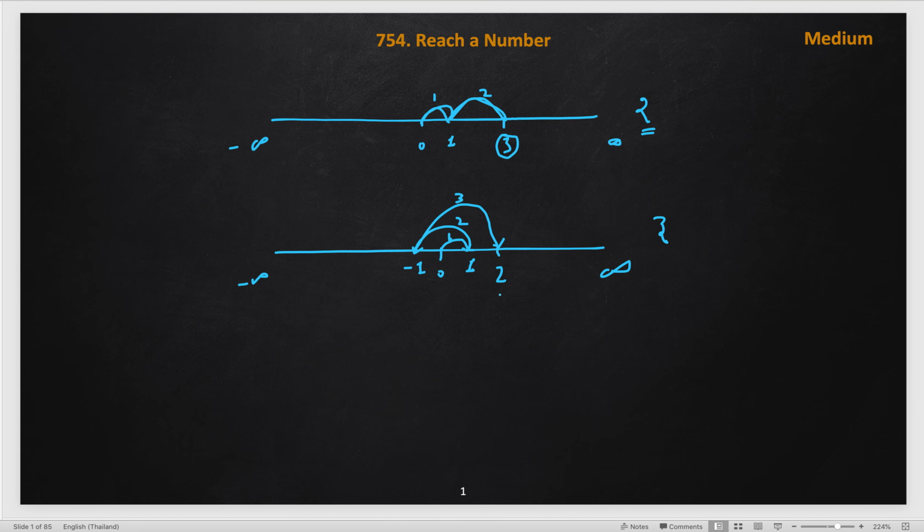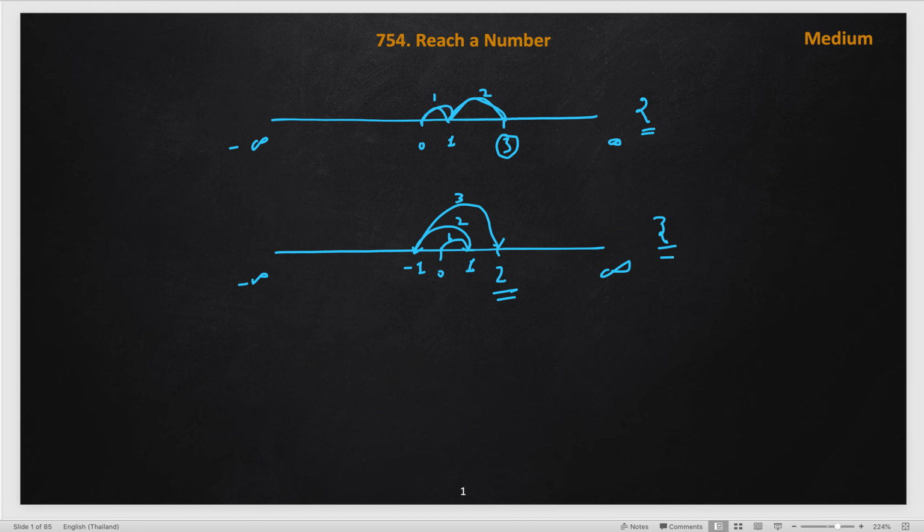Now another example, we have to reach target 2. If we take both jumps to the right side, then this will become 1 plus 2 which is 3. We will cross the target, hence we have to take one of the jumps backward. Let's say the first jump is on the right, reaching 1, then the second jump of 2 in the left side. So we will go from 1 minus 2 to minus 1, and from here if we take the third jump of 3, it will land us on 2. So we reach our target in a minimum of 3 steps.